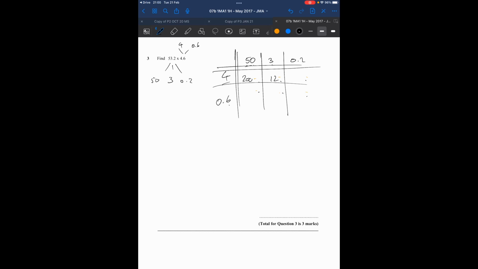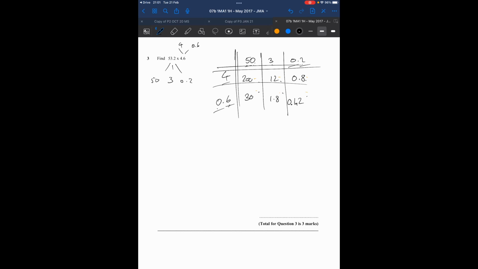5 times 6 would be 30. Make it 10 times smaller, 3. Make it 10 times bigger. So this will actually end up still being 30. 3 and 6 is 18. Make it smaller, 1.8. 2 and 4 is 8. Make it smaller, 0.8. 2 and 6 is 12. Make it smaller, 1.2. Make it smaller again,